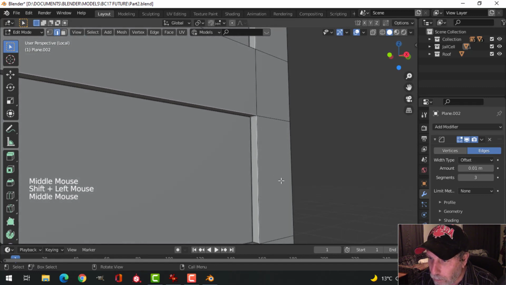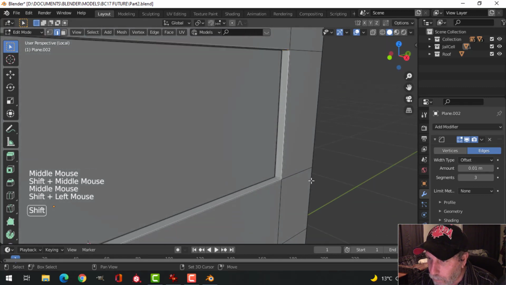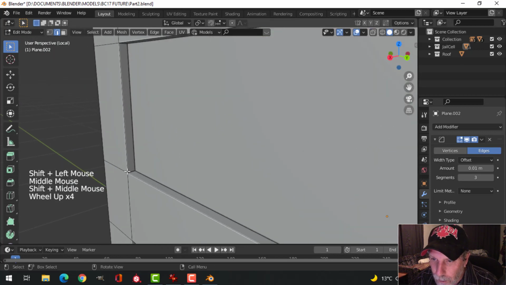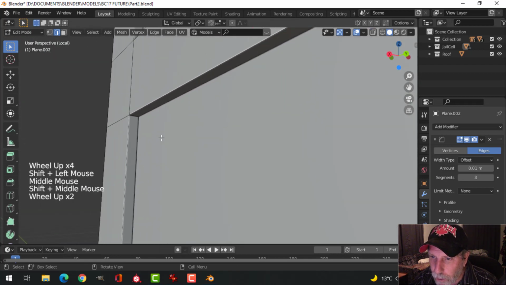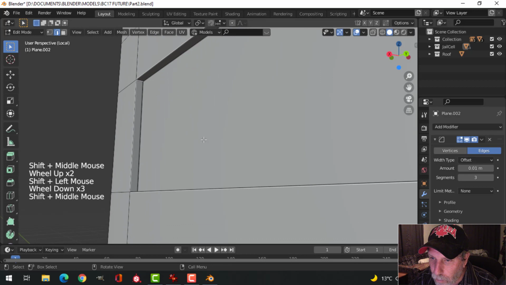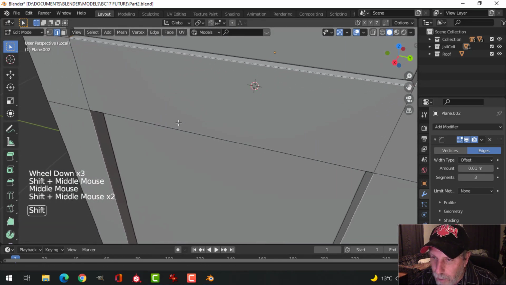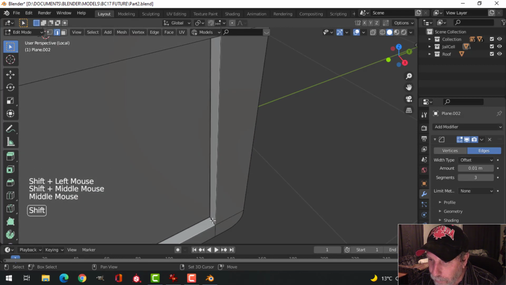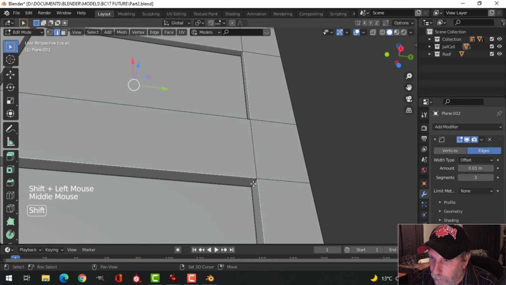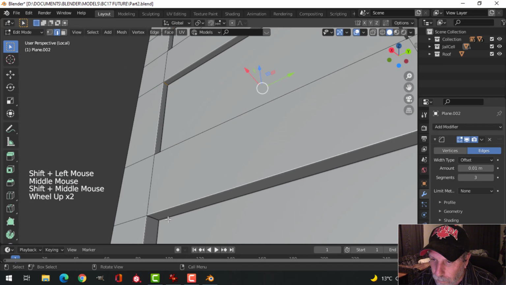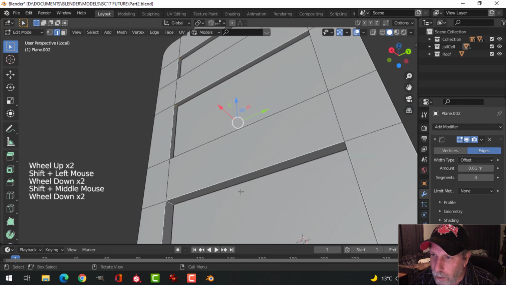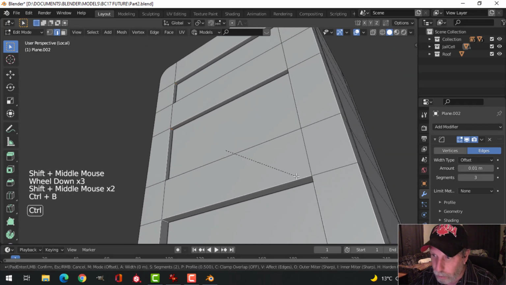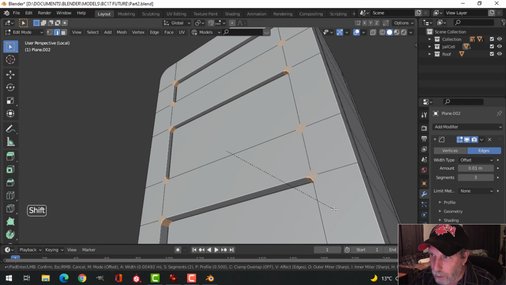So I'm getting this. I don't know why I hold down Shift. I'm just so used to it. I probably don't need to. It's 1 edge. But I'm just used to it, so we'll do that. Okay, 2 more. This one and this one. Okay. I'll zoom out a little bit. Control B, pull. Make a nice area like that, and then roll my mouse up